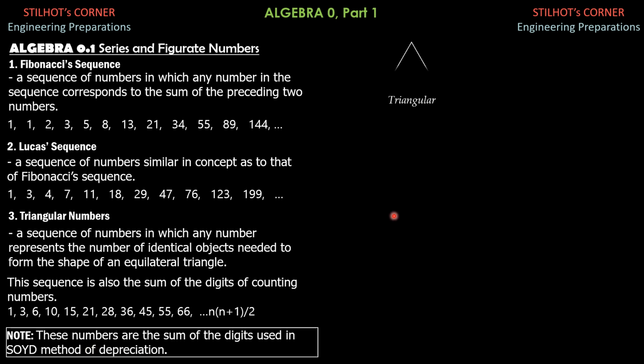So to demonstrate, this is the triangle number 1, in the next layer 2, next layer 3, in the next layer 4, and so on and so forth, 5, 6, and so on. So that's why the triangle numbers are 1, and 1 plus 2 is 3, then 3 plus 3 is 6, then 6 plus 4 is 10, then the next is 5, so 10 plus 5 is 15, next layer is